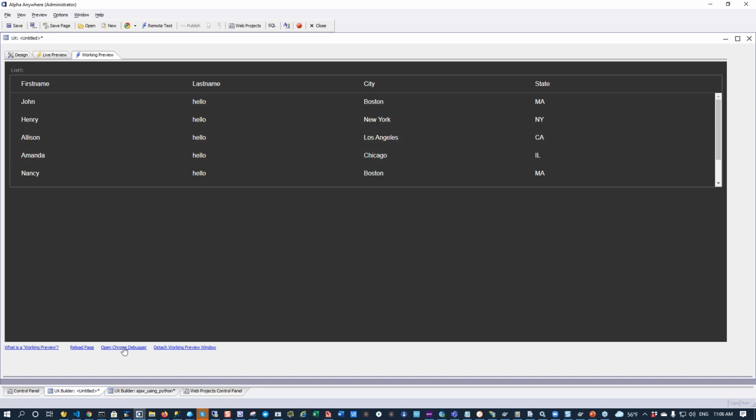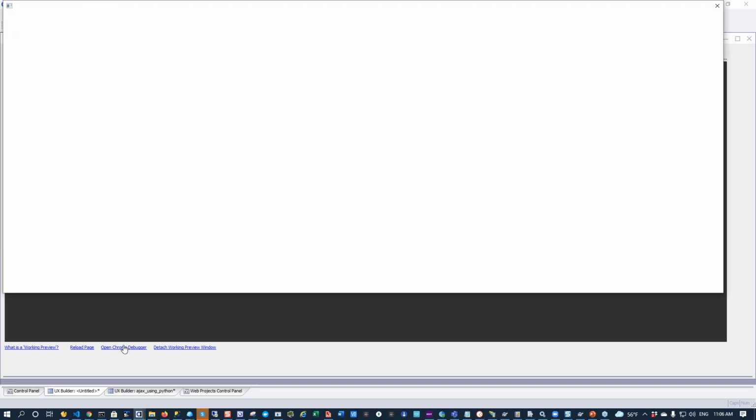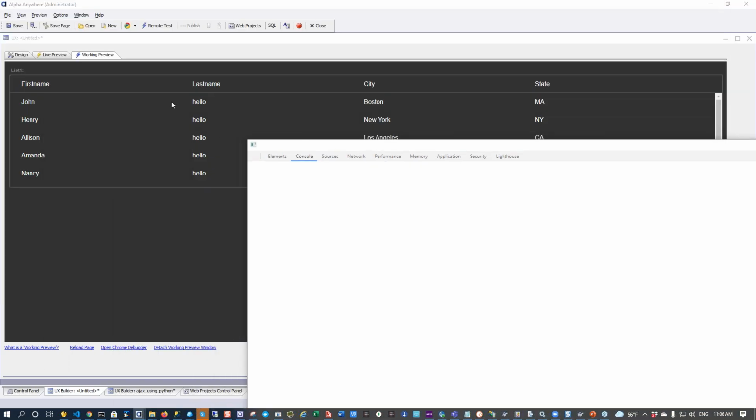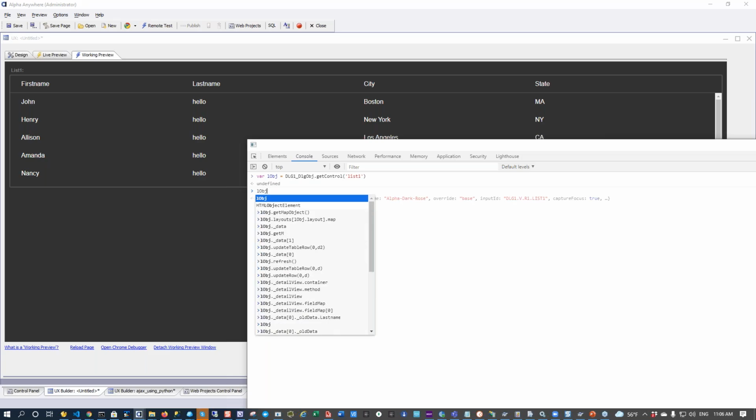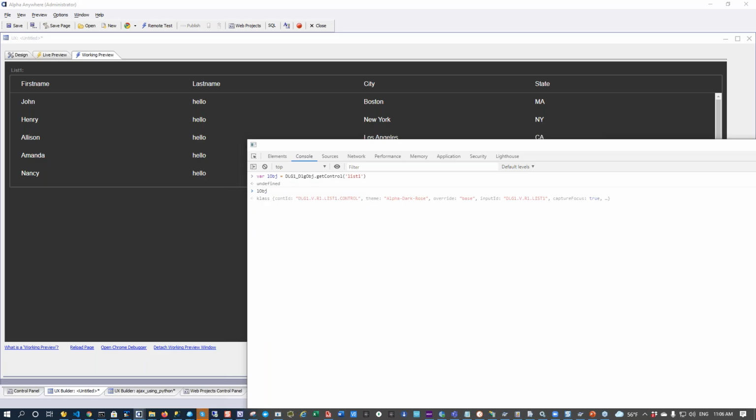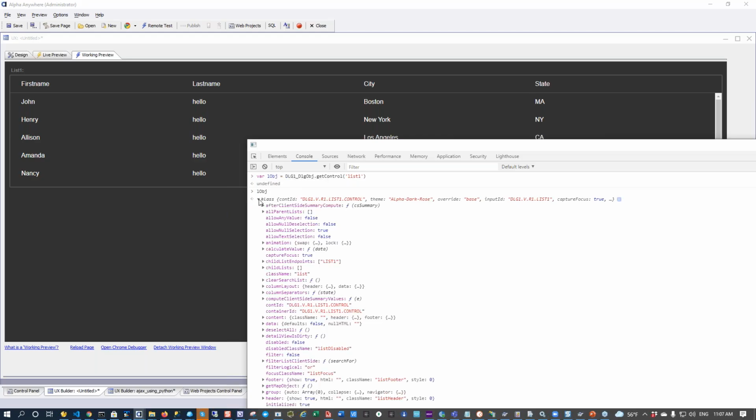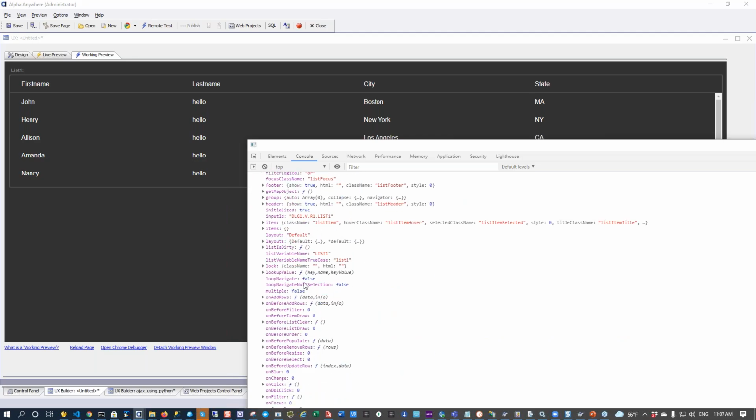So I'm going to just quickly go here to the Chrome debugger and take a look at this list over there. So if I go there in the Chrome debugger and I say var lobj is equal to that. So now I have a pointer to that list control. And if I go now to the layouts property,